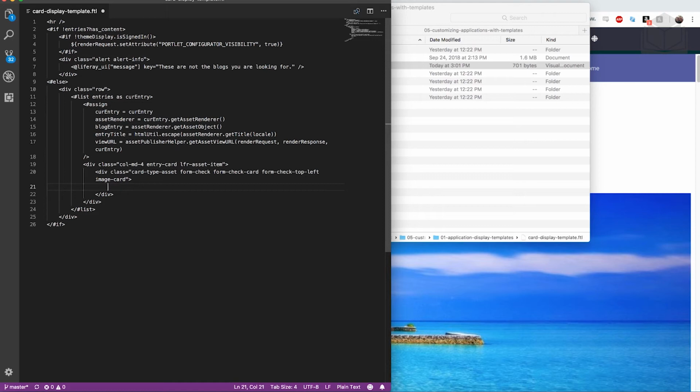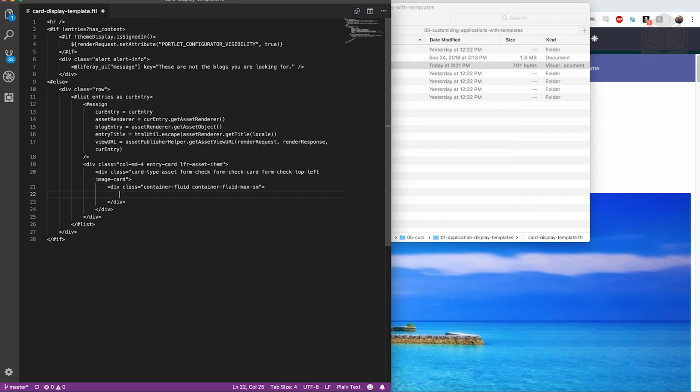I'm going to go ahead and create another div here. And for this one, I'm going to set a couple of classes: container-fluid and container-fluid-max-small. This gives us some responsive design here. We can close this div as well. All right, so now that we have this div structure with some of these responsive classes as well as the